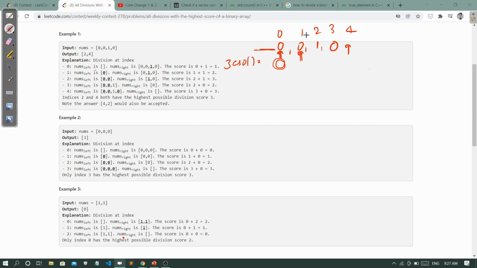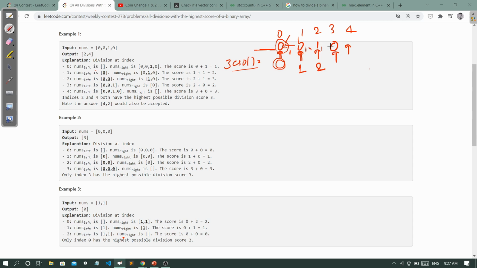If I check index number 1, and take the zeros array, then see how many zeros occur to the left of 1. The number of occurrences of 0 is 1, so put 1 here. If I want to divide at this position, then see how many times 0 occurs in the left subarray. The 0 occurs 2 times, this one and this one, so take 2 here.